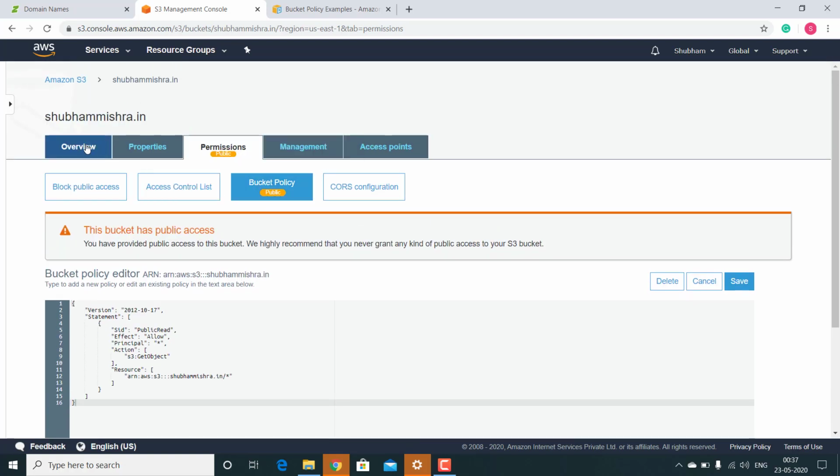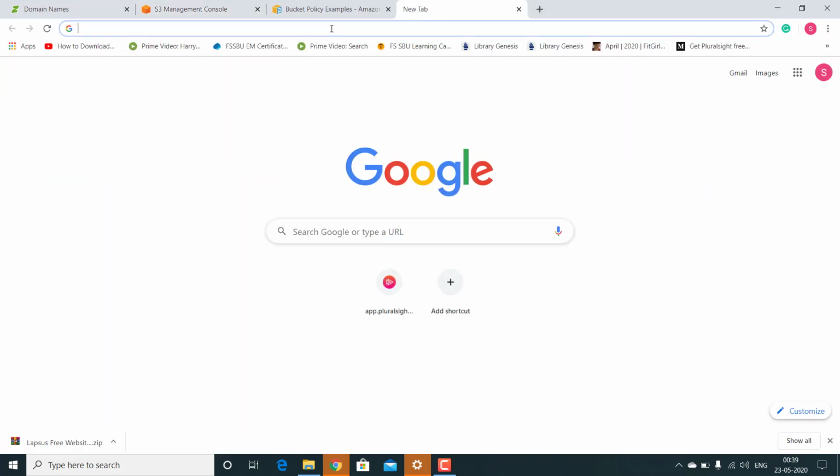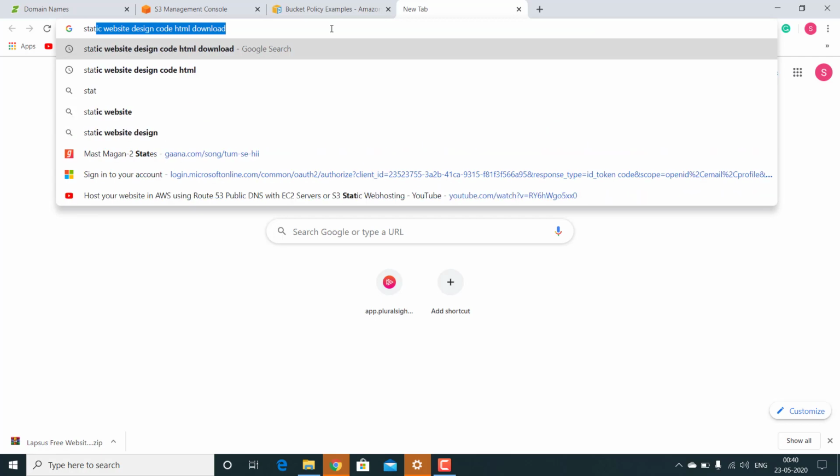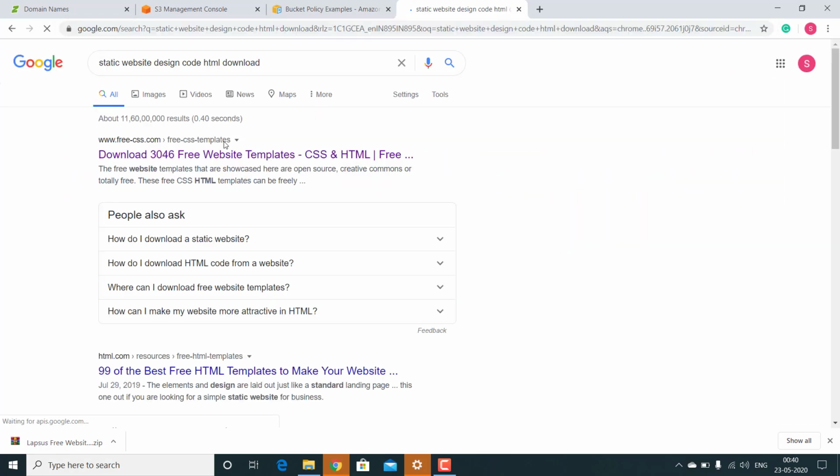Now you have to upload all your HTML files into this bucket. So go to overview. Now I'm going to download an HTML file from the internet because I don't have any HTML file right now. If you have your own HTML, you can upload that HTML file on your S3 bucket. So here I'm going to download a static website.